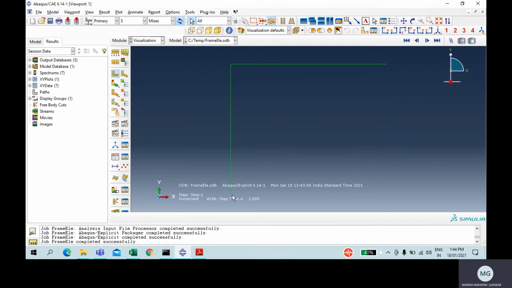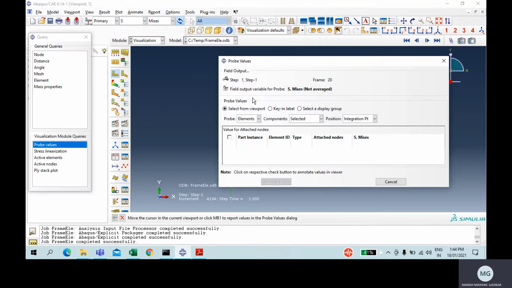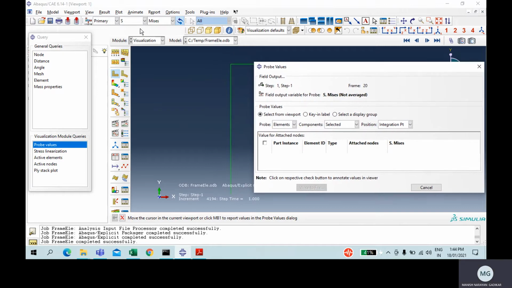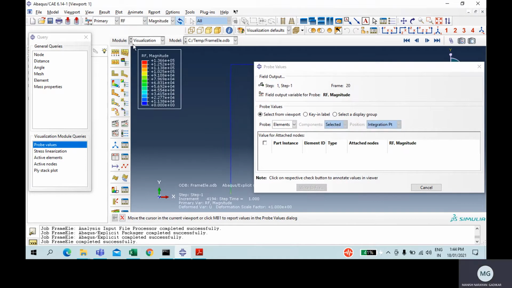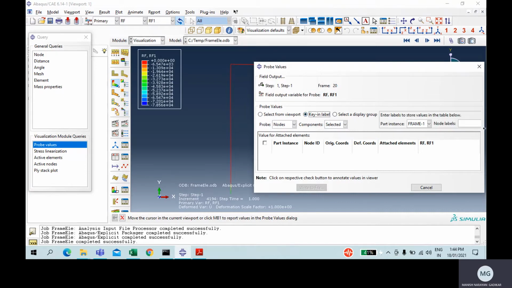So we can check the reactions and movement at this support, at this support, and we can check deflection here also, rotation, axial and vertical deflections. So I'll be showing everything. We can check by query information by selecting this probe value. So I will go with the reactions first. RF, axial reaction will be RF1. So this is my first node. I'll select node here. I know the node number, so I'll key in node level 1.